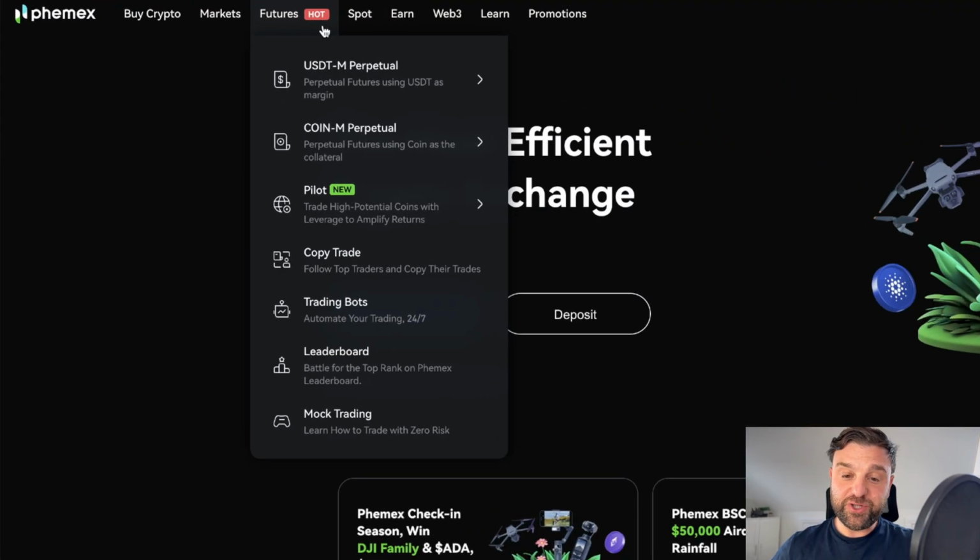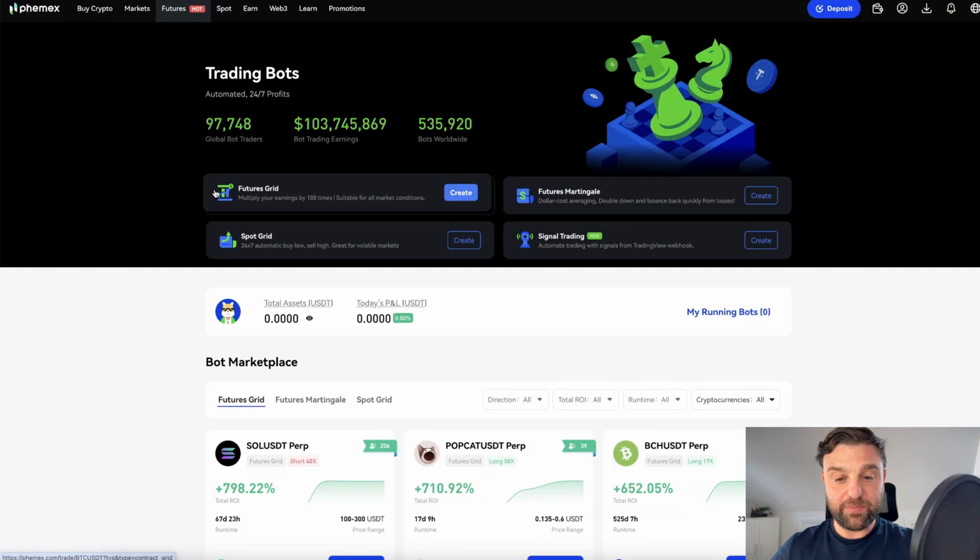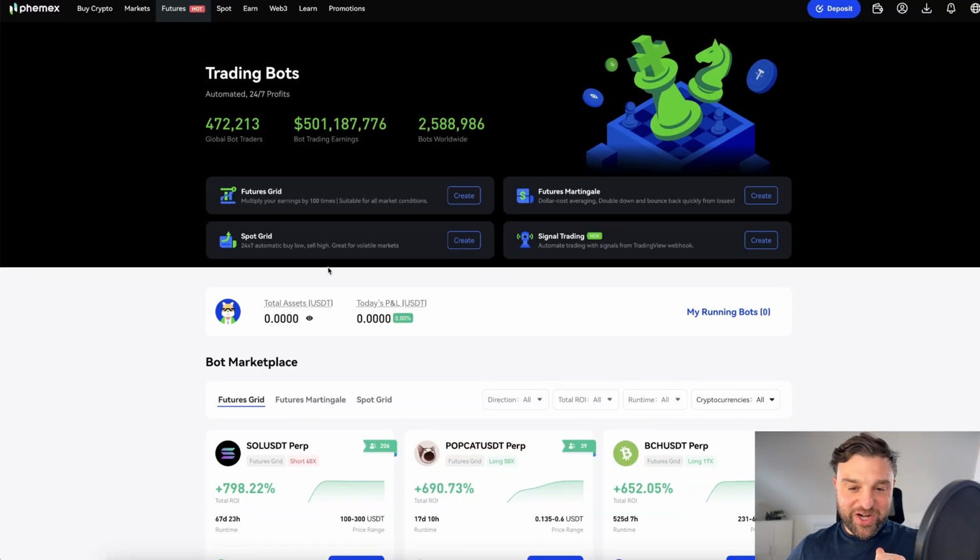If you go to futures, you can find trading bots. We're going to click on trading bots. So once here on the trading bot page, you can see a few things. You can trade on different types of bots in different type of ways. I'm going to be giving you my recommendation and showing you the easiest, most efficient way of making money with